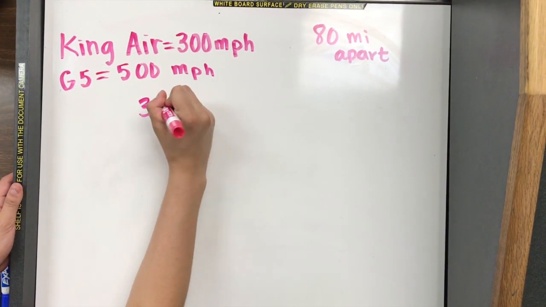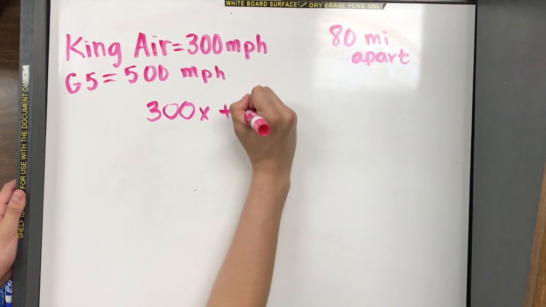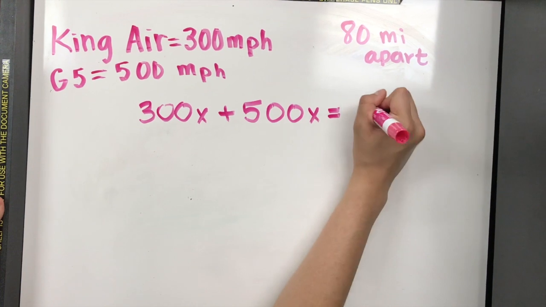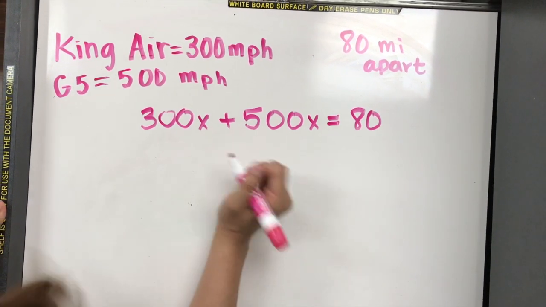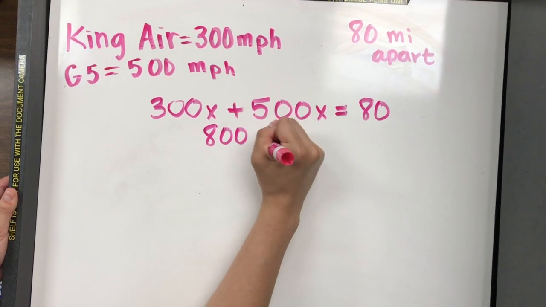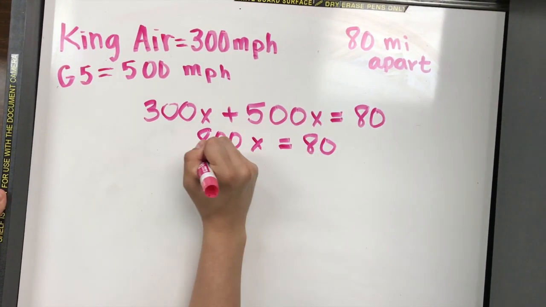First, we have to add the speed of the two planes to get the speed at which they are approaching each other. We add 300x plus 500x to equal the 80 miles apart, and with the added speed of 800 miles per hour, we know that we have to multiply it by a number to get the distance traveled by